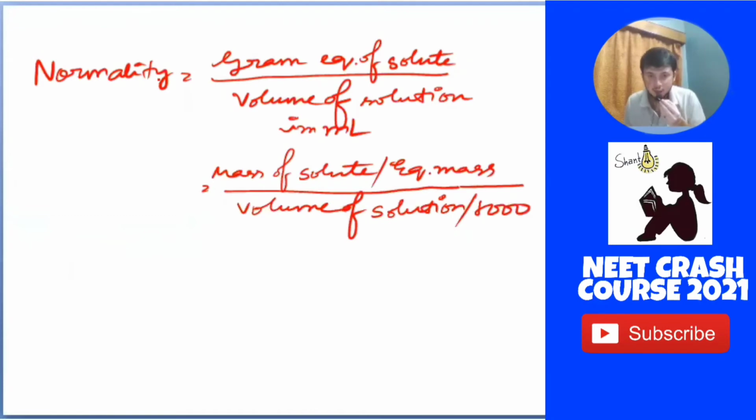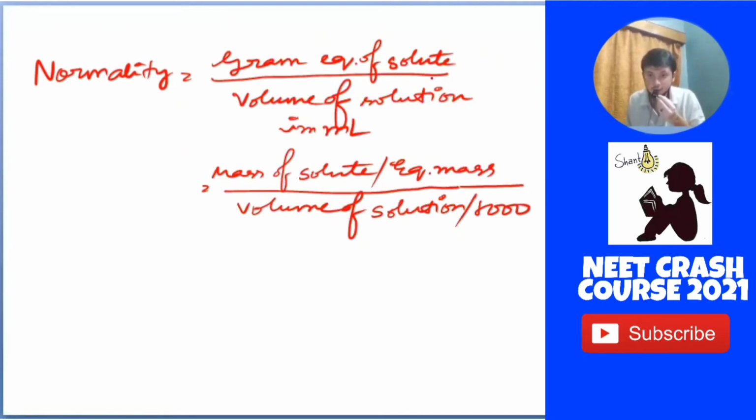So let us see the next, that is our normality. The normality is very important, because in the ionic equilibrium chapter you will need it everywhere. If they want you to conclude the pH of a solution, you will first need to know its normality, because if you don't know the normality, then how can you conclude the concentration of H3O+ or OH- in the solution? For that you have to know the normality. So let us see it.